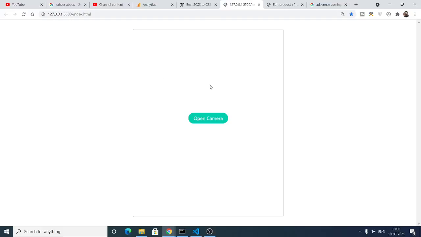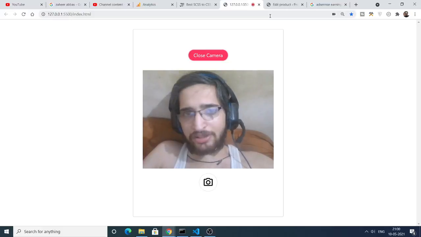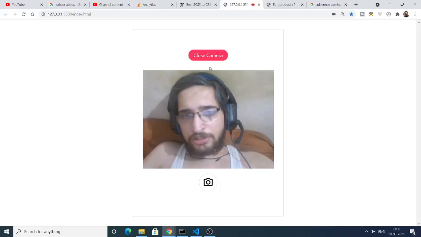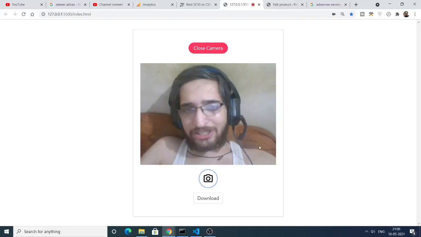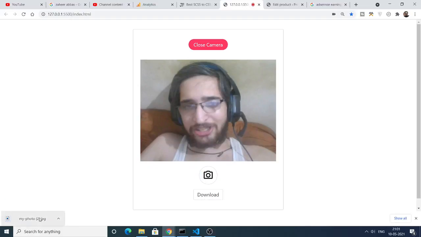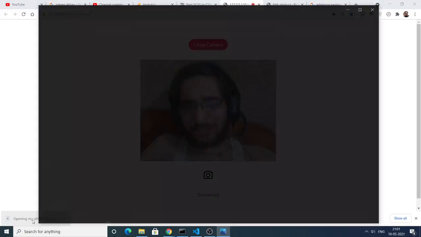If you open it inside your browser, there is a button here which is open camera. If you press this button, you will need to allow the permission of the camera. Now this web camera will be working. This is my desktop laptop camera. Now you can click this button to take the picture. Just smile here and take the picture, and now you can see it has taken the picture. There is also a download button, which will allow the user to download the photograph. It will click download, and now it will download this JPG image onto your local PC. Very simple application, but very effective.